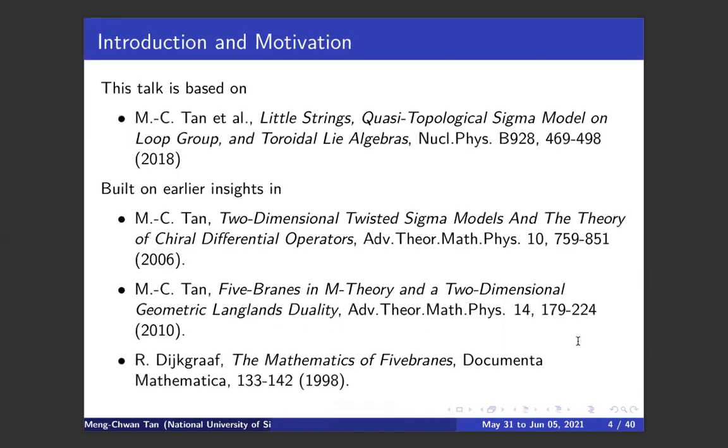Okay, so this talk is based on a paper that I wrote with Meer Ashwin Kumar and some of my students. It's kind of long, so I tried to compress it all into one page. It has a similar title, but it appeared in 2018. But it was based on earlier insights from works that I did over the years. So this is where I first studied the quasi-topological sigma model and its relationship to the technology of chiral differential operators in math. And the Braverman-Finkelberg relation of geometric Langlands for surfaces was physically elucidated in this paper here. So some insights also came from this paper.